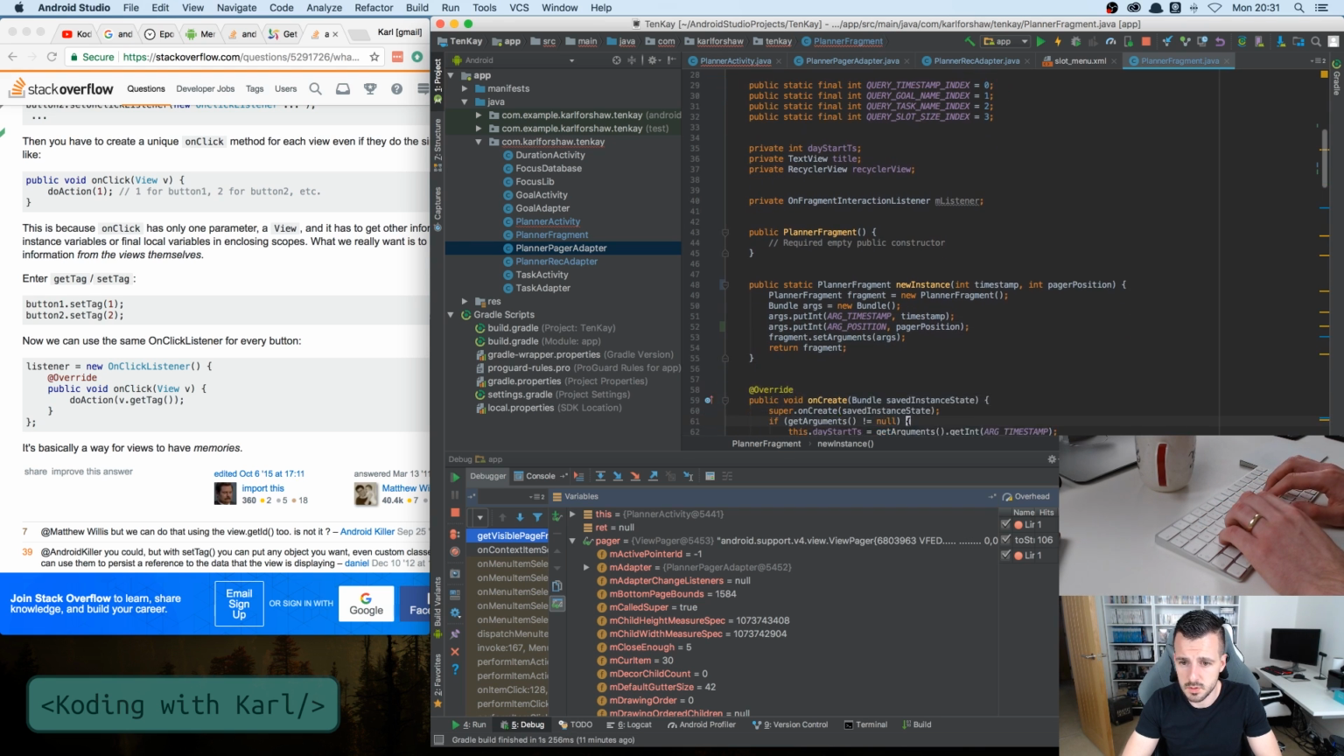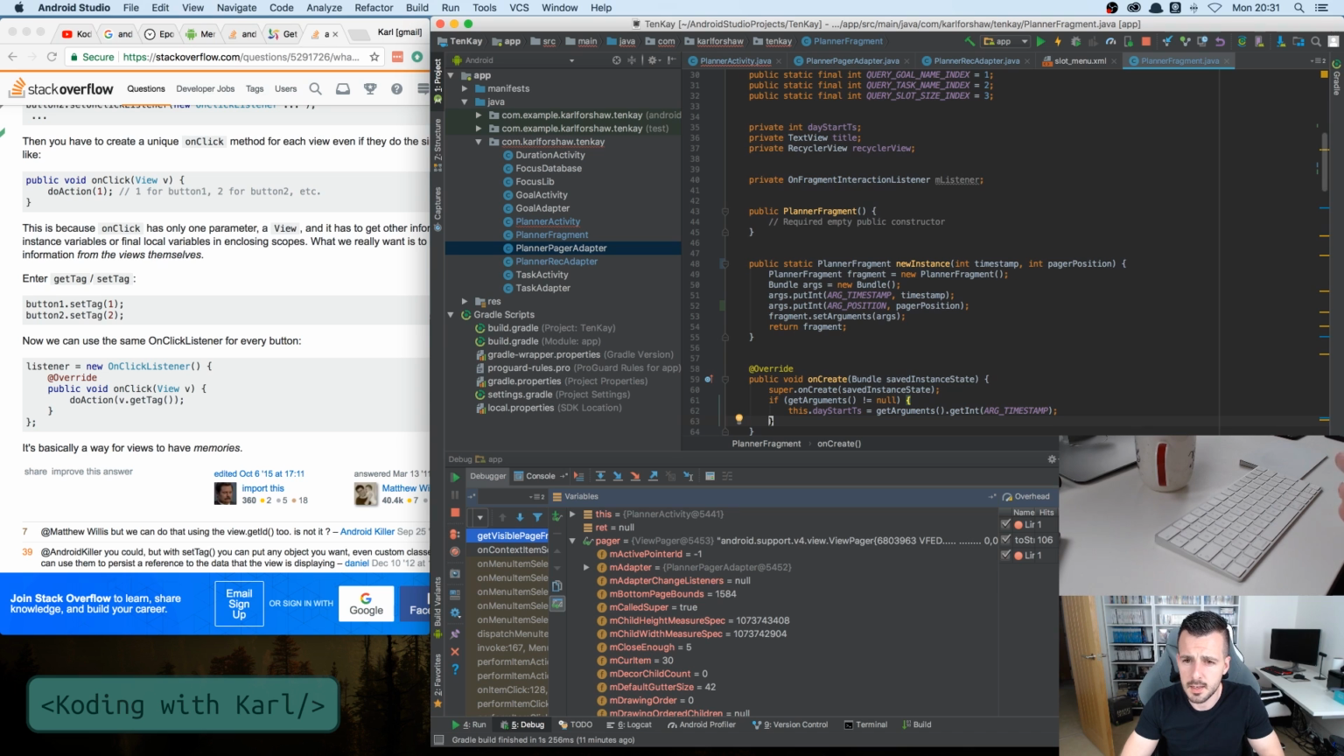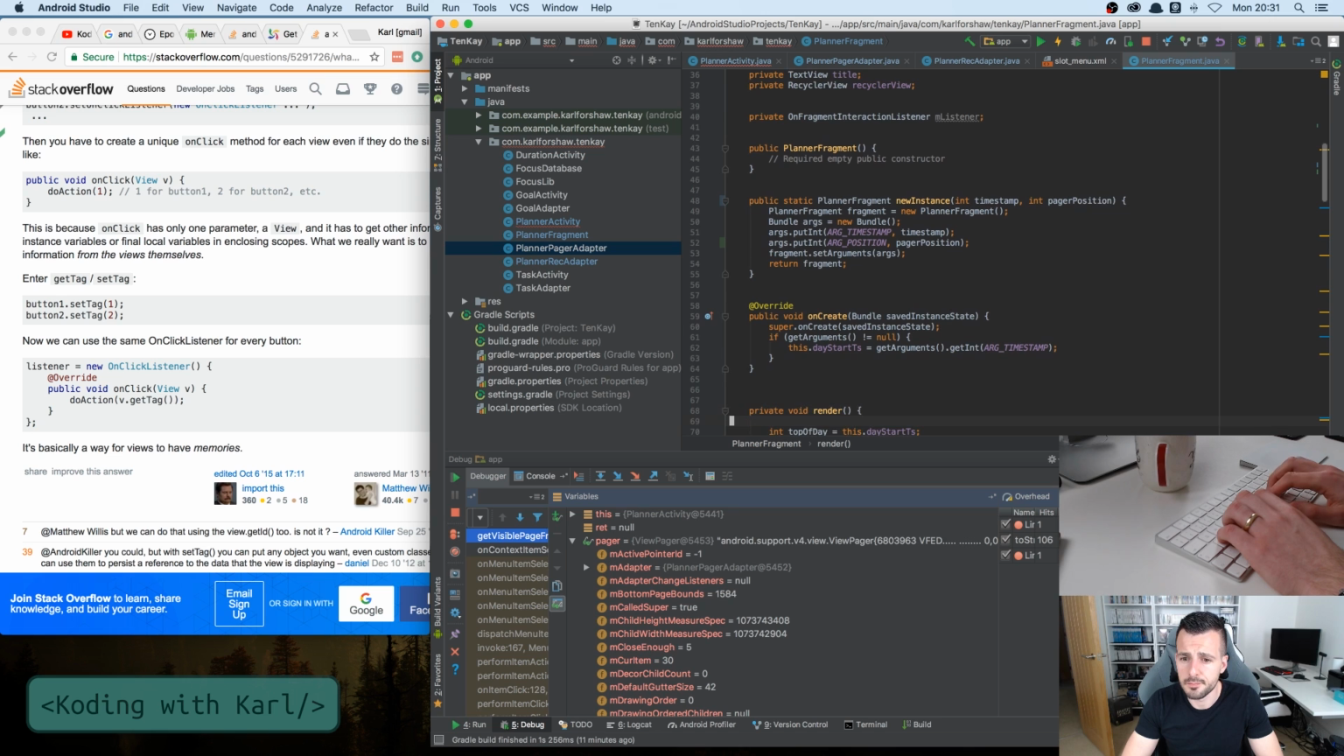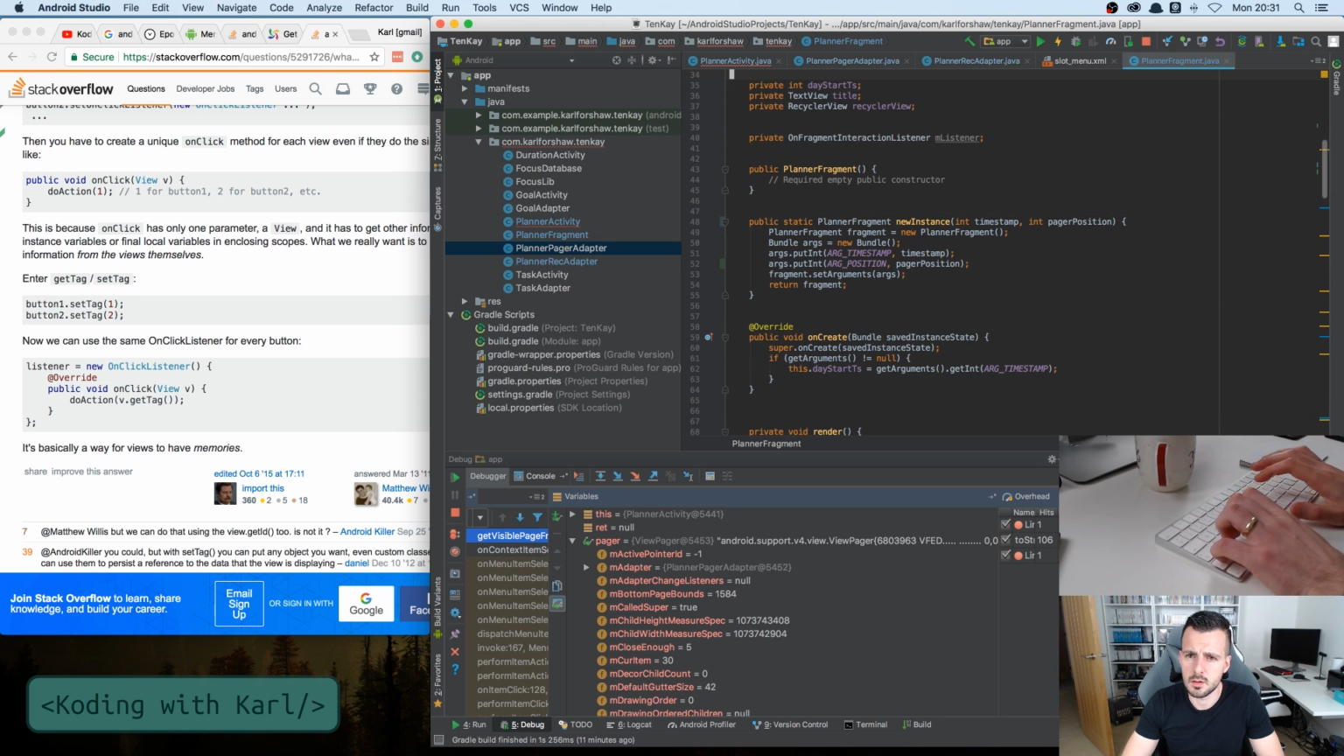Set arguments, arguments return fragment, and then we will need that, won't we? I don't know what I'm doing here. There we go. Okay, so on create, get arguments, this.dayStartTs equals get in... Okay. Day start ts. Then with render,